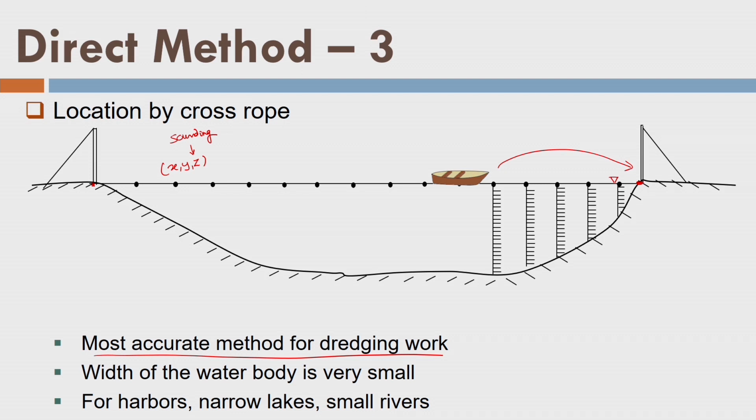Now again, in case of ray method, cross rope method, as well as parallel line method, we have assumed that along any survey line, diagonal survey line, inclined survey line, or straight survey line or range line, the rope is very much stable, which means there is no wind current and there is no water current. That means water is very stagnant or very still, very calm. So in that case only we use these three methods.